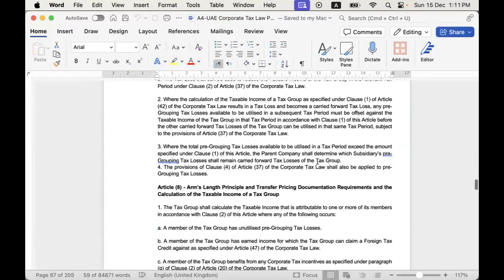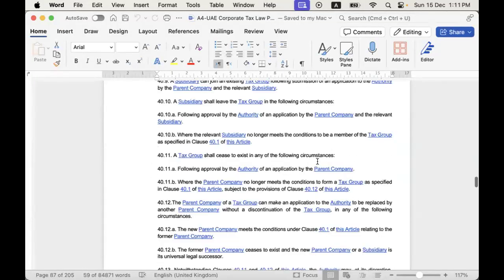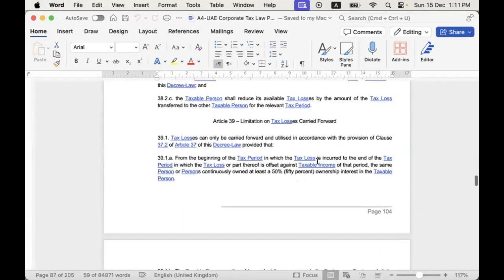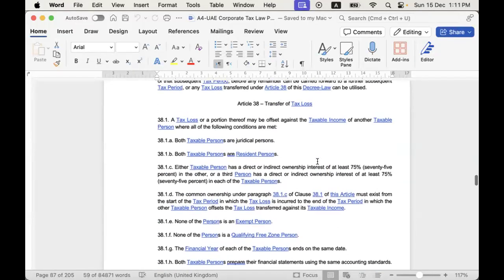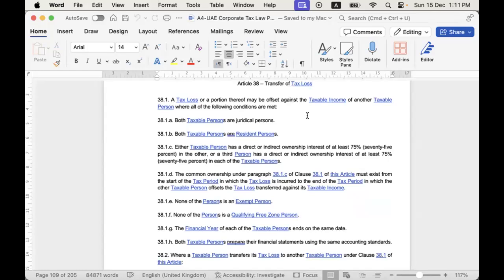Because until now I haven't read this, otherwise if it is not clearly mentioned, then tax losses beyond the 75% taxable income of the transferee may be allowed, right, Abbas? So we are basically looking at the transfer at this particular point. So let us have a look at it.